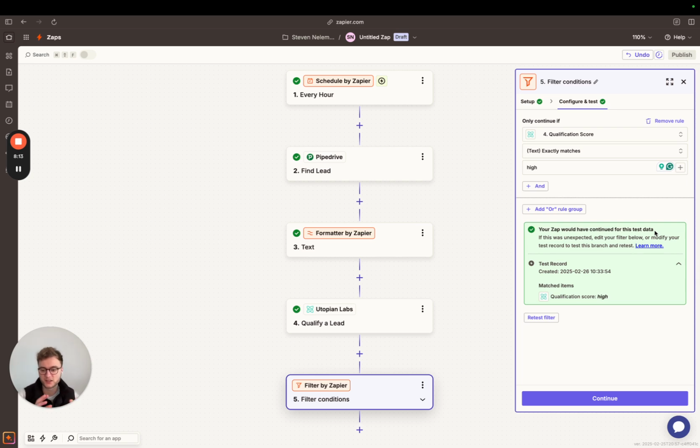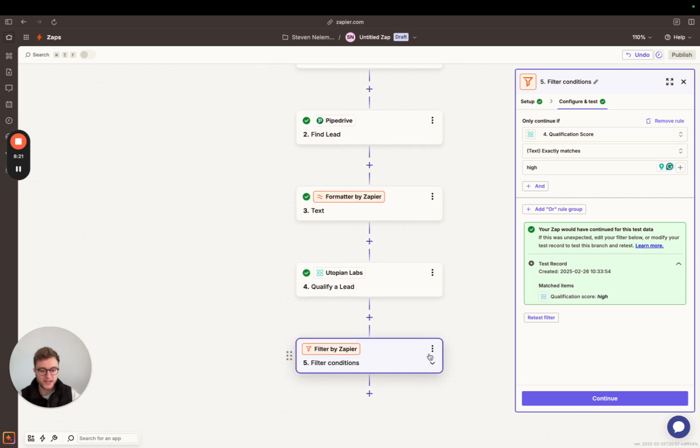So this is basically a true-false binary statement. Do I want to continue? Yes or no? And then continue based on that. And this basically means that if the agent deems it not an ICP, then you do nothing with it,